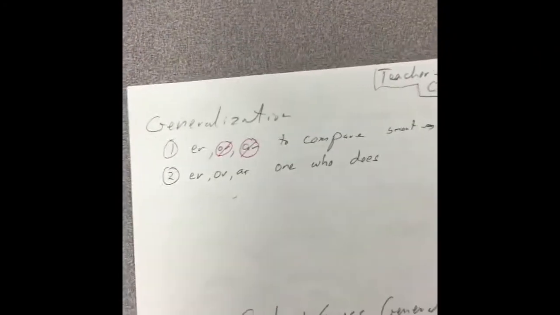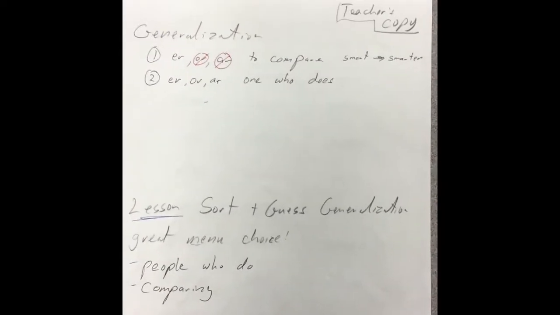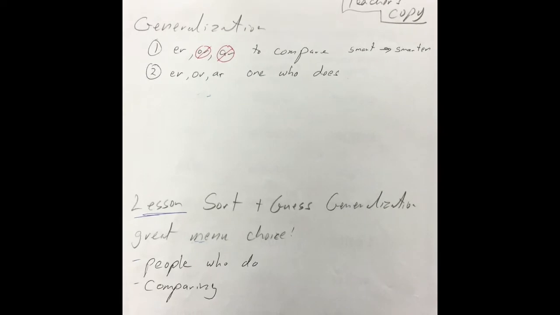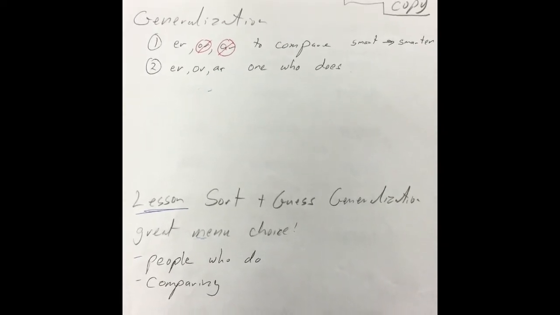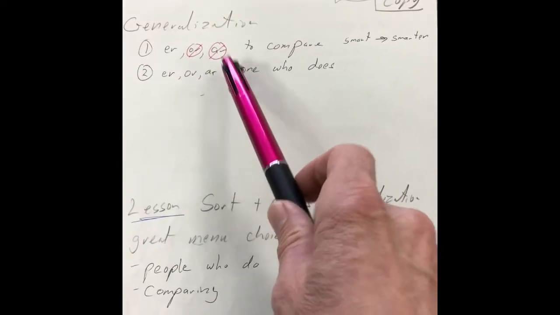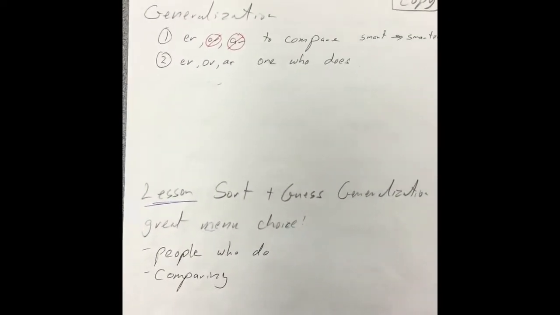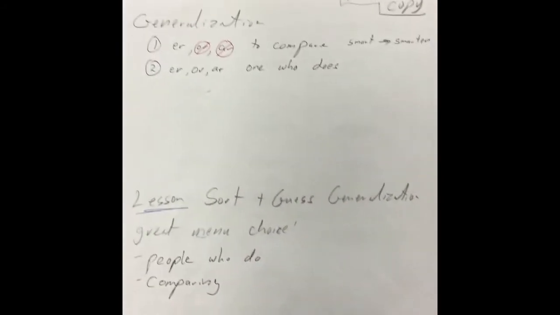Here's the generalization. ER, OR, to compare, smart, smarter, ER, OR, AR, one who does. But you can see I crossed out the OR and the AR for comparing, because it's not used for comparing. It's only used when it's one who does. Okay,